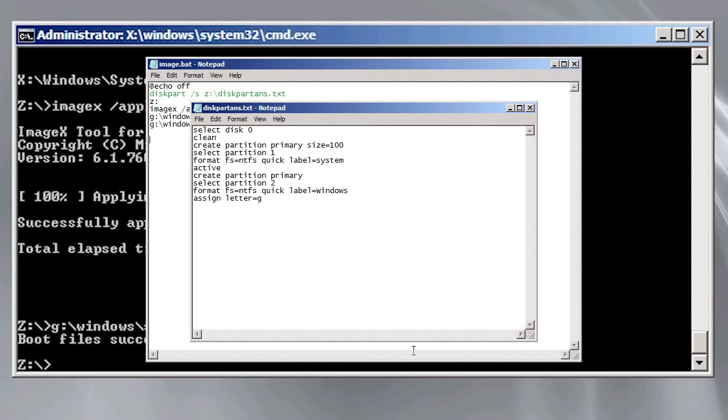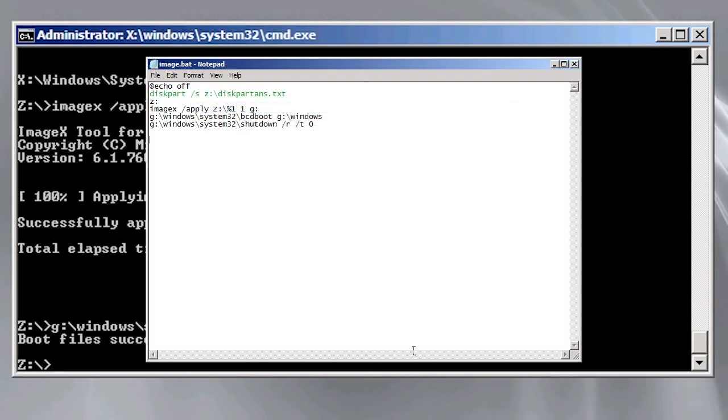If I now go back to the image.bat file, the next command is change the drive letter to Z. My batch file is on the Z drive, so this script assumes that you map a drive to the share containing the script as drive Z prior to running the script. Next, I run ImageX. In this case, I have made the file name %1. When I run this batch file,